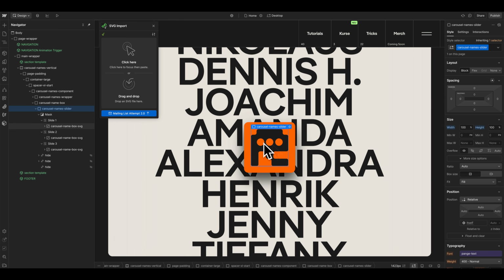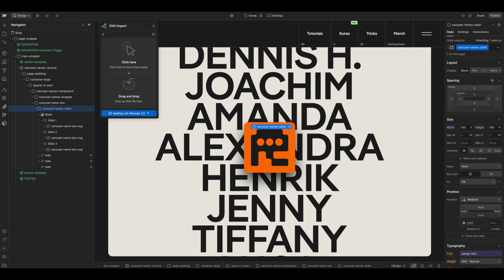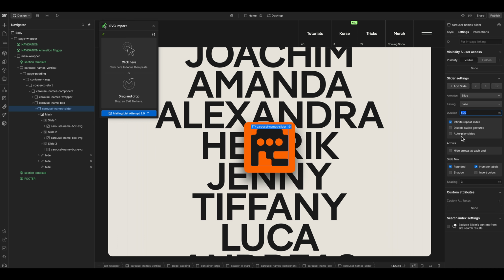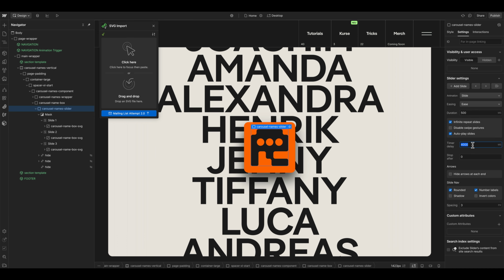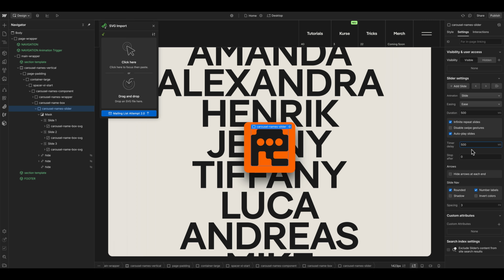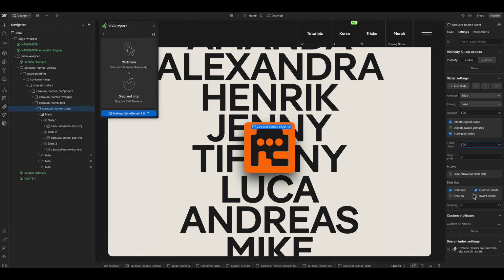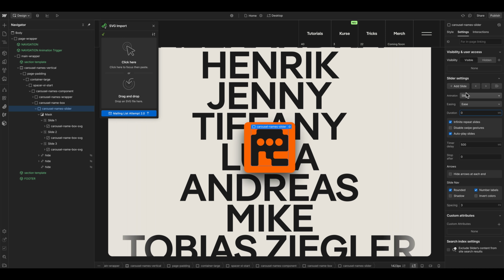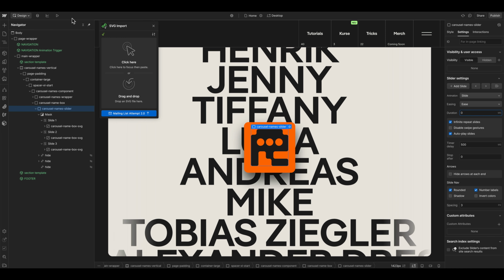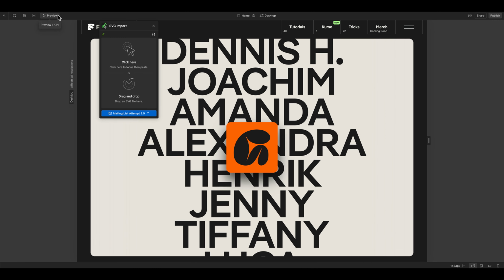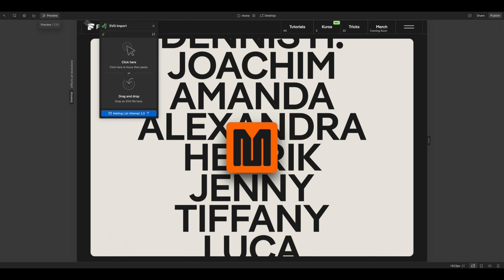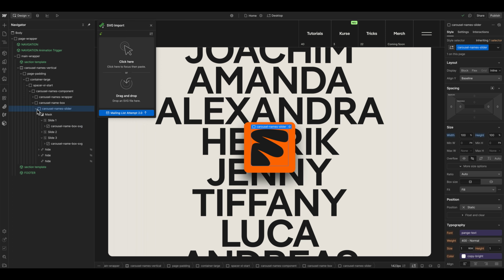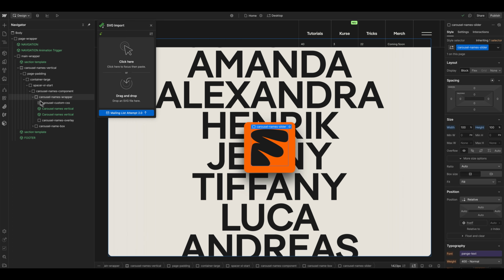And to loop all the icons inside, we go to the carousel parent, go to the settings, make the autoplay slide, give it maybe a duration of 500 milliseconds. Also make the duration of 0, so we don't want to have a fade effect between the slides. And let's see if this works. Yeah, this works.